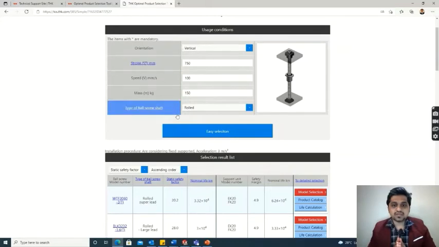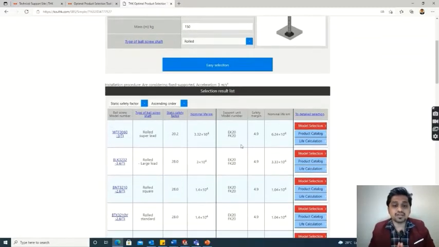It will show what we have given as input, then the installation procedure, which is fixed and supported, and the acceleration of the system which the software has considered. We also have to look at these things. It will show all the parts in ascending order of static safety factor, that means the lowest static safety factor first, and then the safety factor goes on increasing, and all the options are given here. So we will go with the lowest